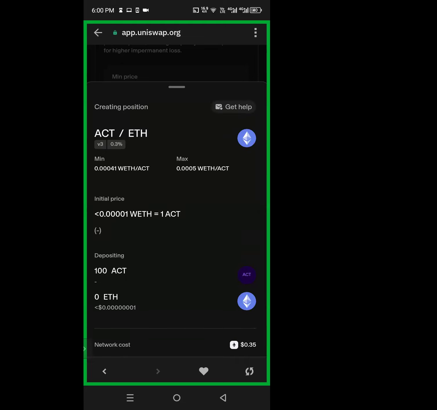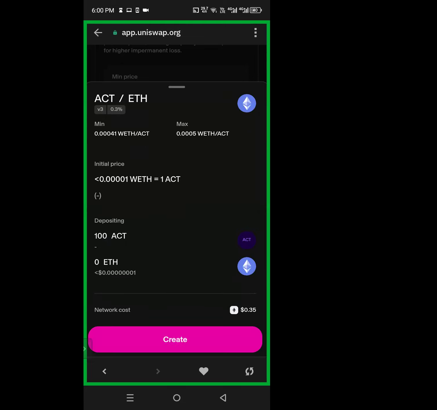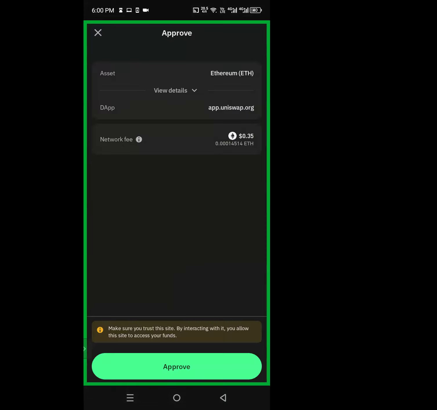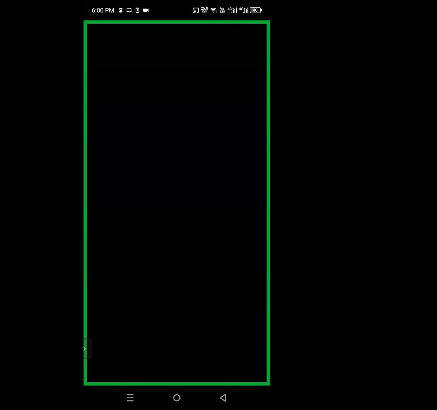So when we do that, we just click on create, and then it's going to take me to Trust Wallet. And in Trust Wallet, I'm going to approve. So I approve this. It's going to charge me $0.35 for this.